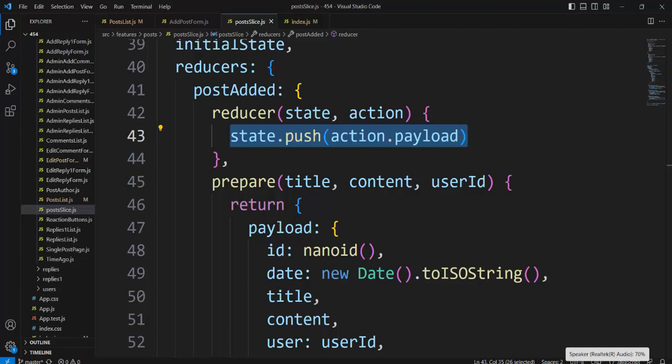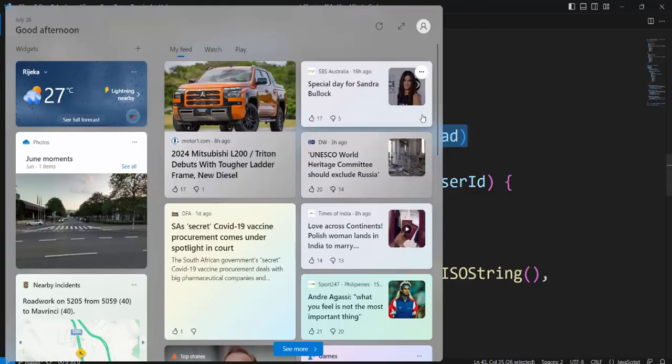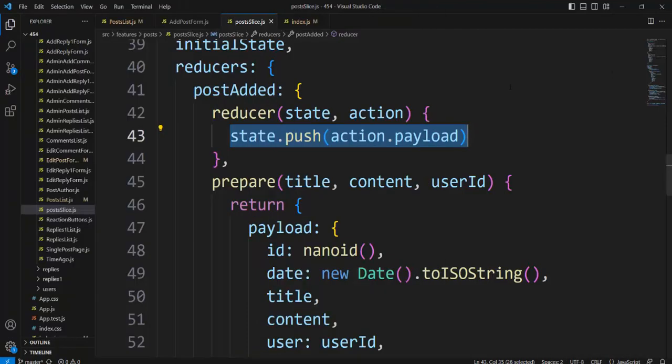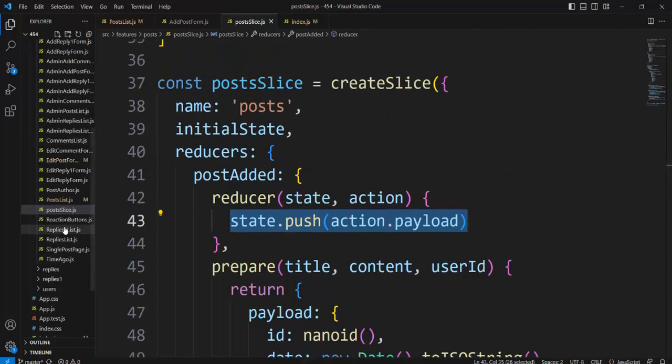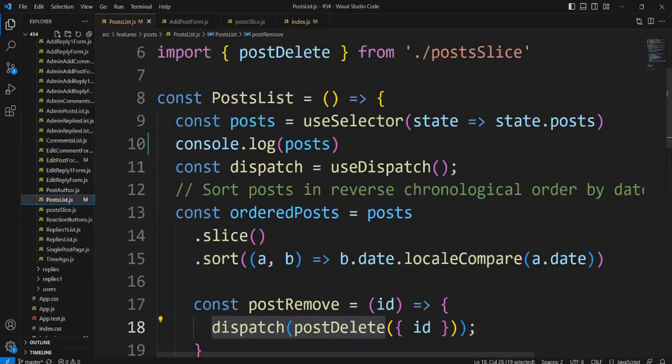By method dispatch. useDispatch and useSelector are hooks or methods or functions which give us a possibility to use Redux. useSelector, listening, useSelector, post list, useSelector listening changes of state,